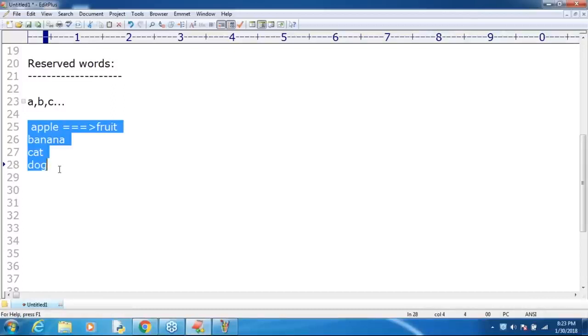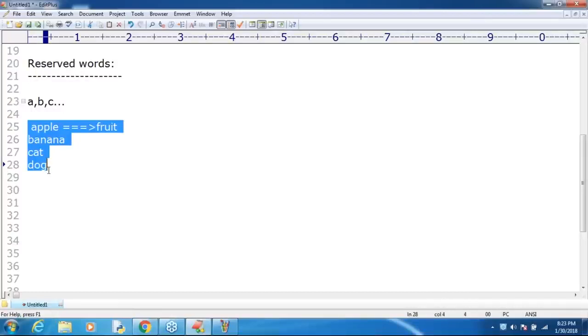Make sure, not only in English but in any language, it may be a general speaking language like English or Hindi or Telugu or Tamil or Kannada, or programming languages like C or C++ or Java or Python. Remember, in any programming language, some words are reserved to represent some meaning or functionality. In English, the word apple is reserved to represent one type of fruit. Cat is reserved to represent one type of animal. Such types of words are called reserved words. Are you able to understand, right?